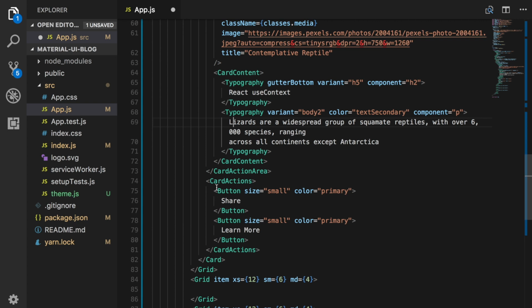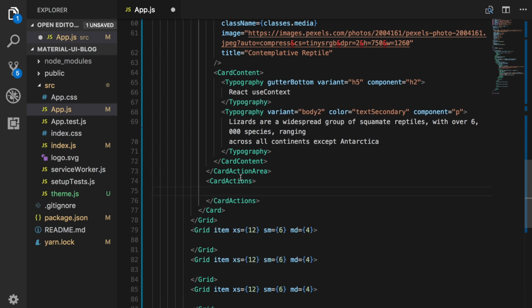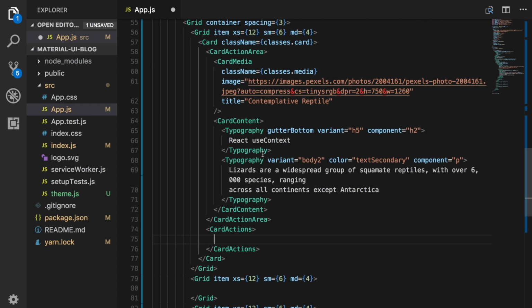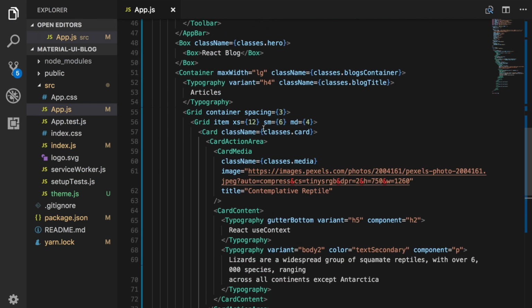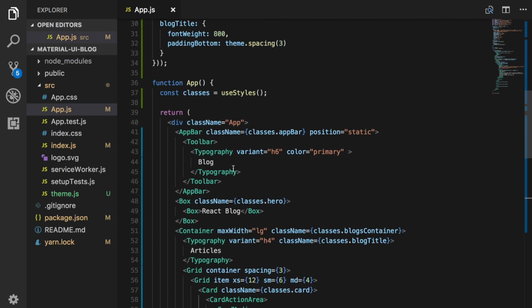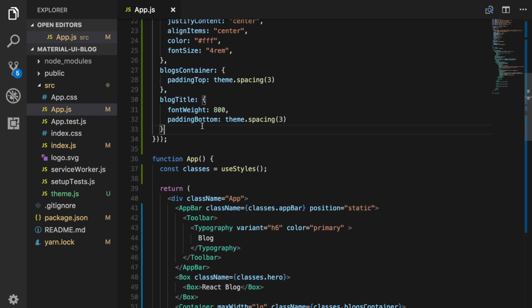And under card actions, we aren't going to use this, so this area will be adding the avatar information. So let's just save this as is for now. And actually, let's add our classes.card and classes.media. So classes.card, let's go up here,